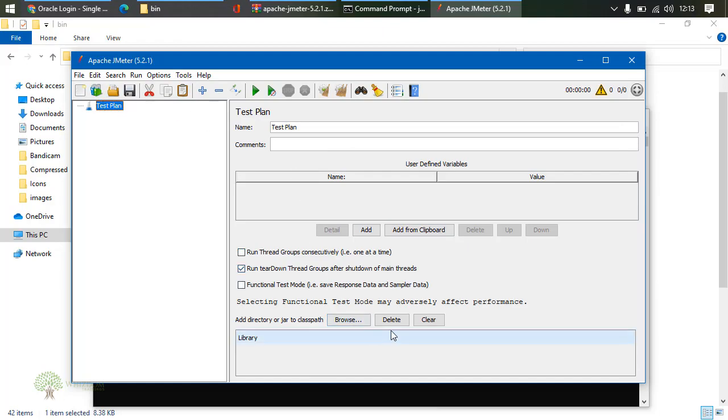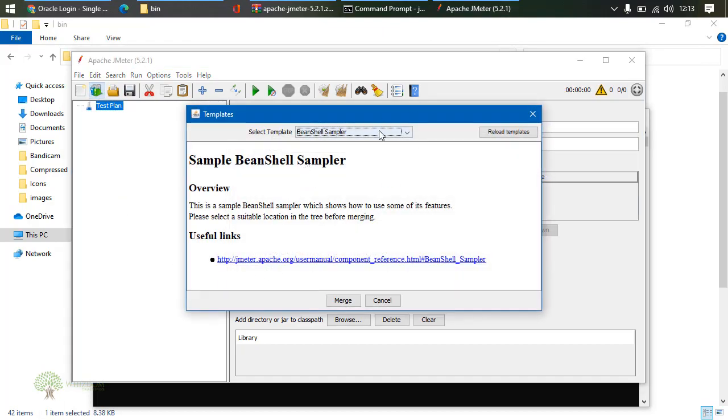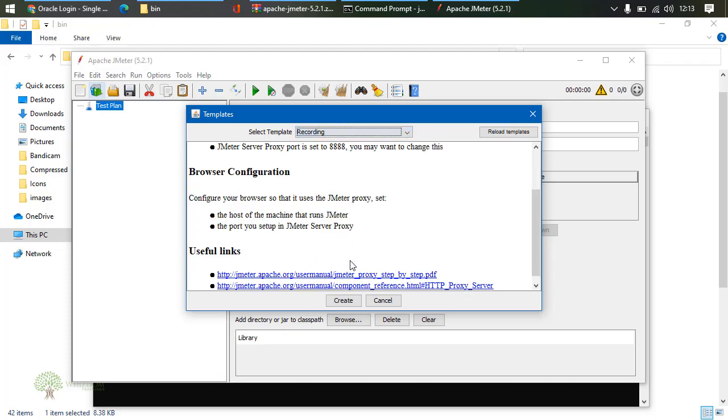And there are a lot of properties. You can change those properties. You can configure those elements from this particular section. And there are some shortcuts as well. You can use these shortcuts. For example, this is for creating a new file. This is for opening templates. We won't be working much with templates, but if you want, you can simply click on templates and there are some sample templates. You can learn to use JMeter from these.